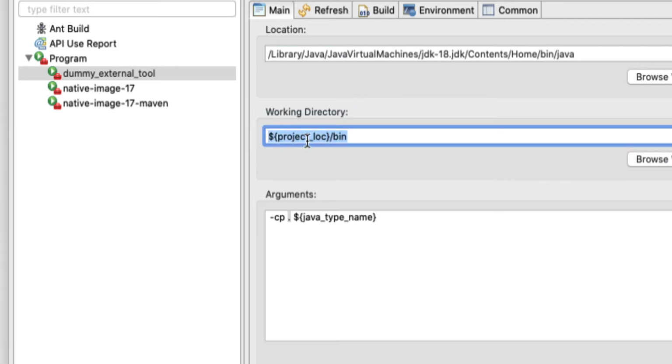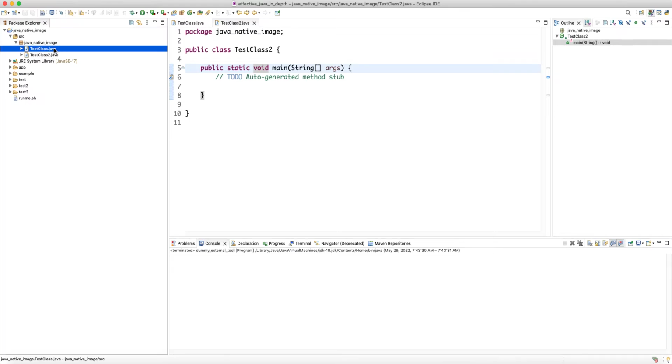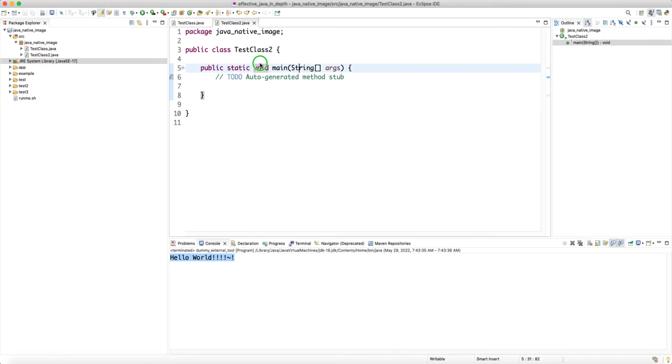And the working directory, we already set it to bin, which is correct because the class files are the class path. The way Eclipse organizes your project is that the top level directory in your class path is the bin directory, and all the packages, fully qualified names, are with respect to this bin directory. So this is one way to run basically with a different JVM, right? Right now, if I run with the Eclipse run command, it runs with